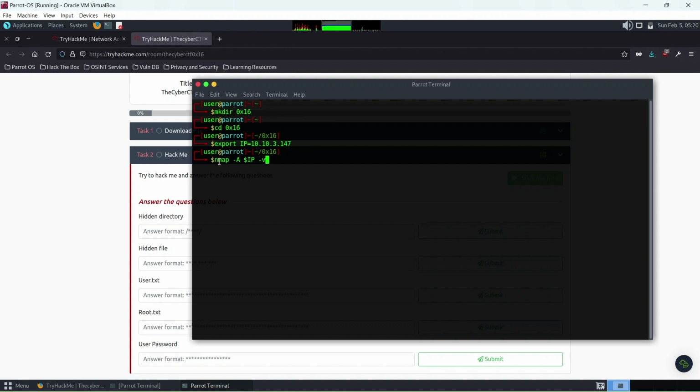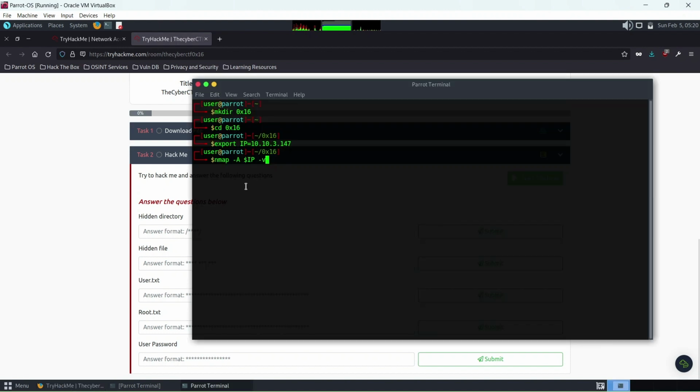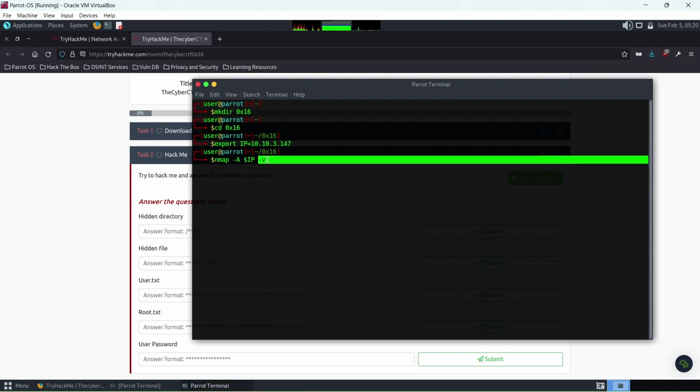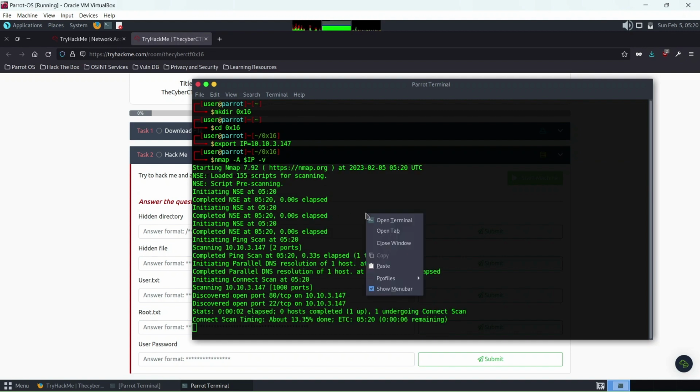We use nmap to enumerate all this, what are the ports that are open, with the tag here to give me everything on this particular IP with verbose output, so it displays everything you are doing in the terminal. That is one part, and we will